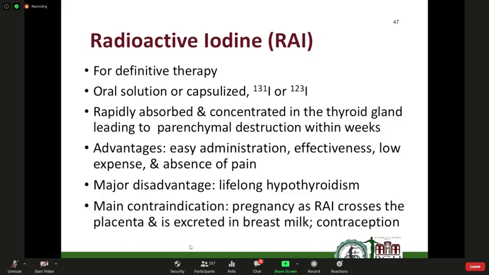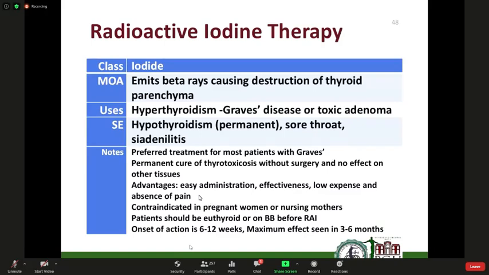95% of everyone who received radioactive iodine for treatment of hyperthyroidism do become hypothyroid within 5 years. And the main contraindication, because this is a radioactive substance, is of course pregnancy. And that's the reason why women who will undergo RAI are advised some form of contraception or abstinence. So the rationale for its action, or the mechanism of action, is that the beta ray emission destroys the